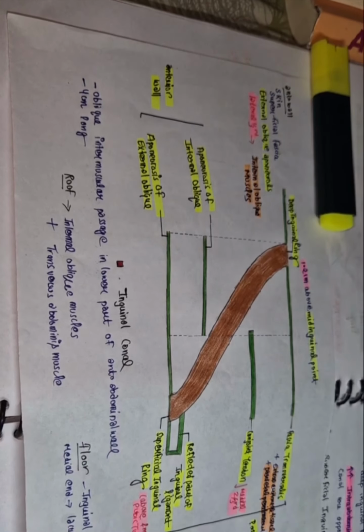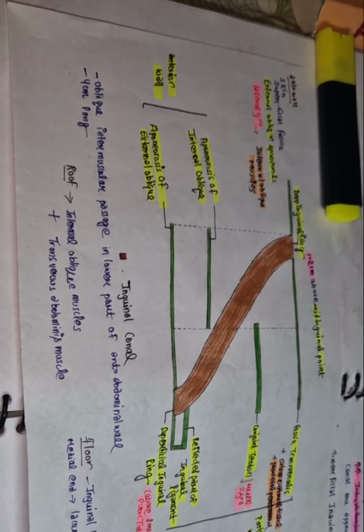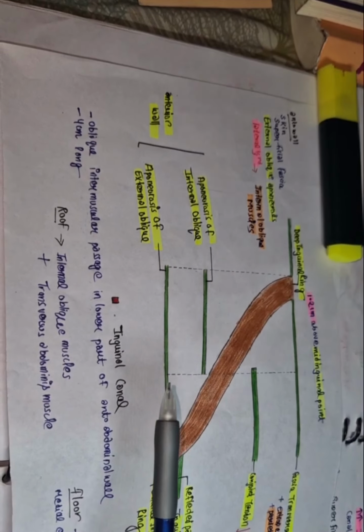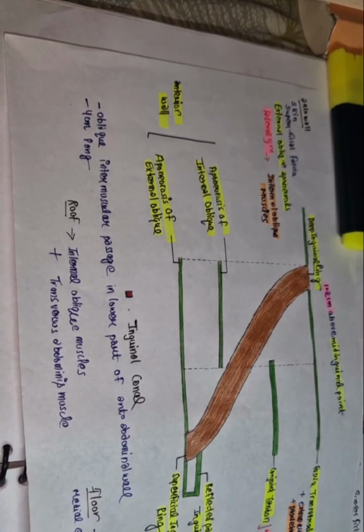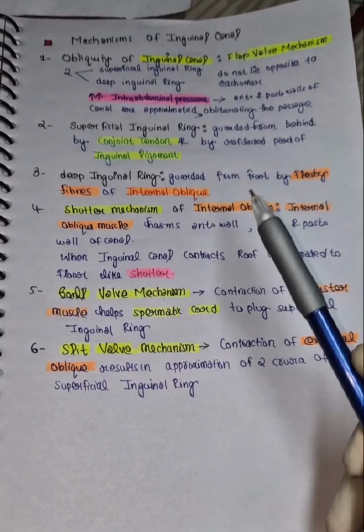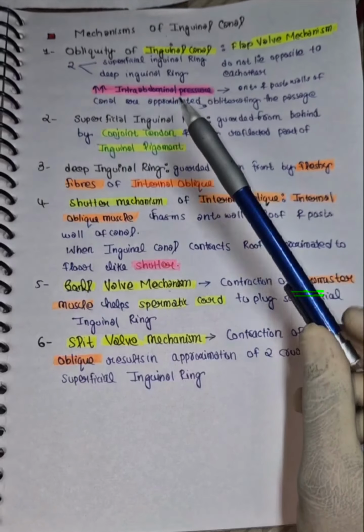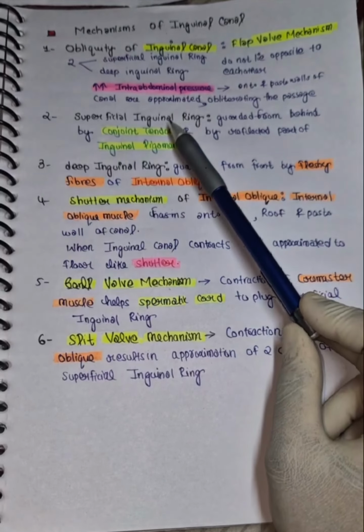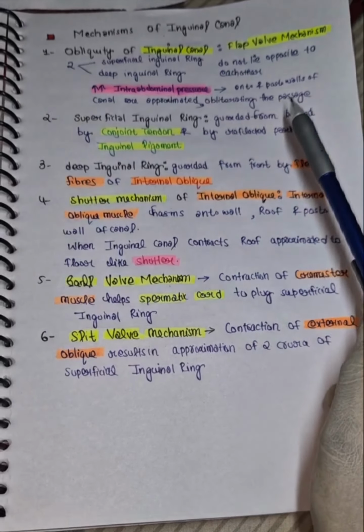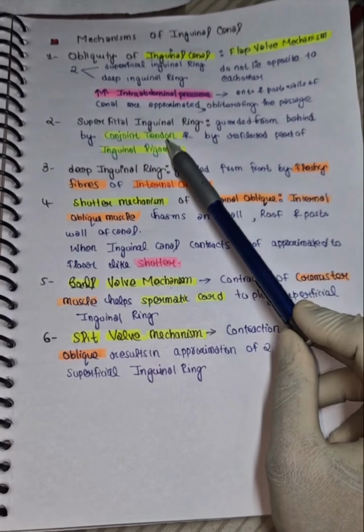As we can see, these are not present opposite to each other. So whenever there is a rise in intra-abdominal pressure, the anterior and posterior walls of the canal are approximated to prevent the herniation. Now, the superficial inguinal ring is guarded from behind by the conjoint tendon and